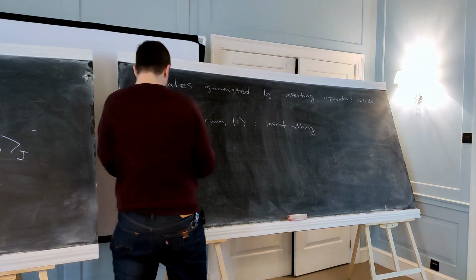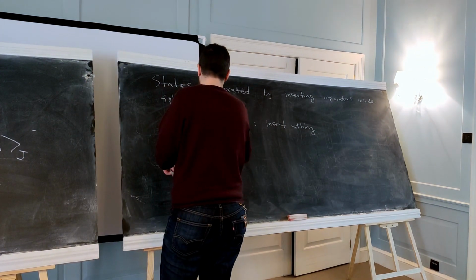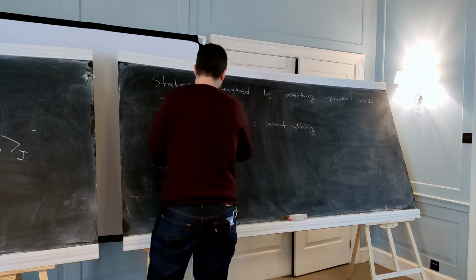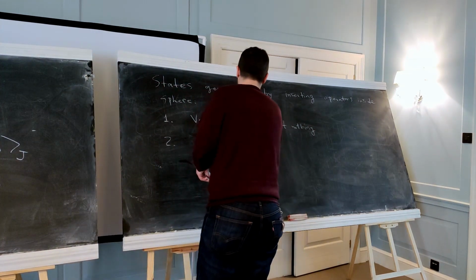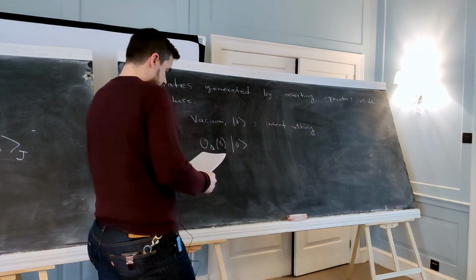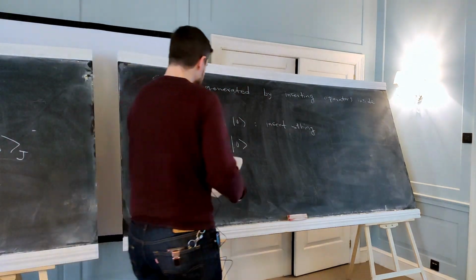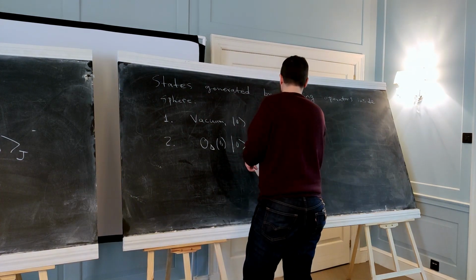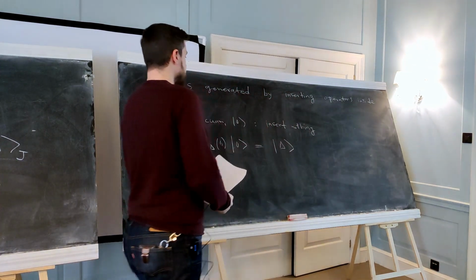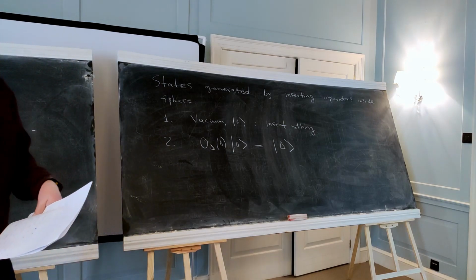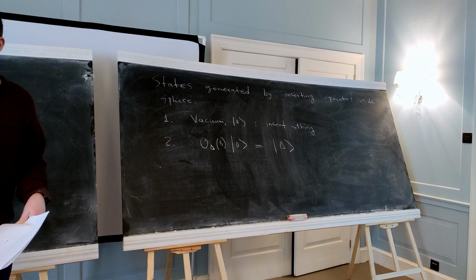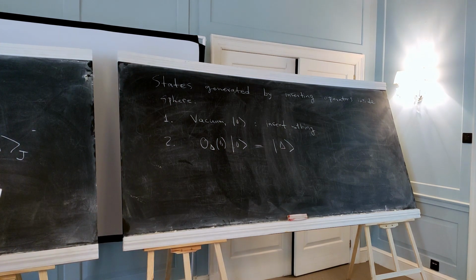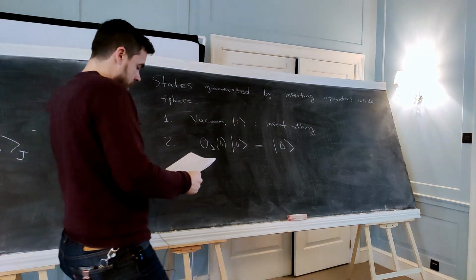Now I can imagine that I insert an operator O delta at the origin, okay? And now that will act on the vacuum, and this we will call the state delta. So I have the vacuum, I inserted nothing. When I insert an operator O delta, one of these primary operators O delta at the origin, or descendant that we had, then that is the state I call delta. Okay, it's just a name.